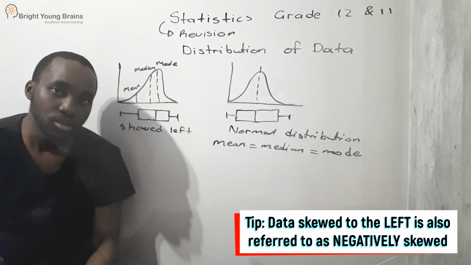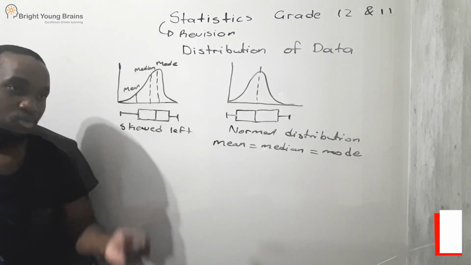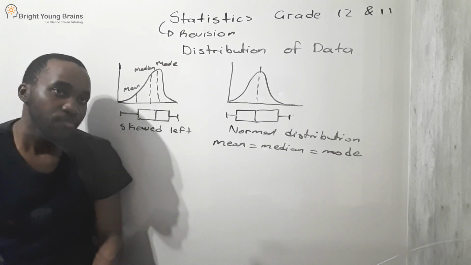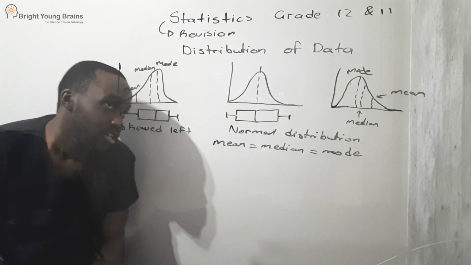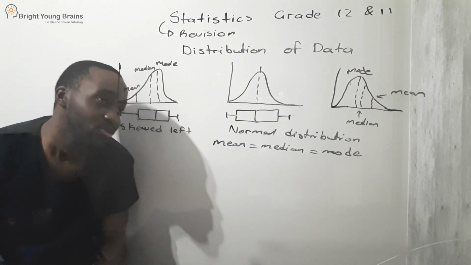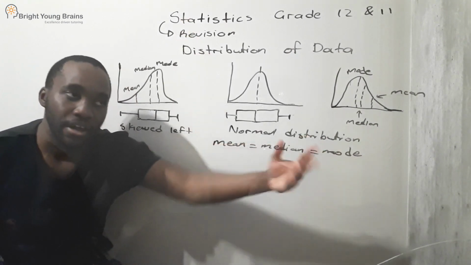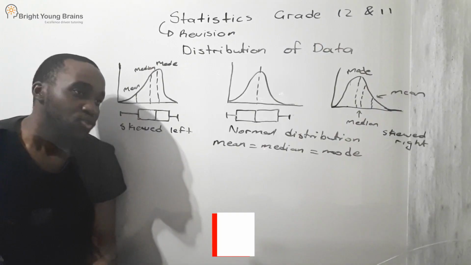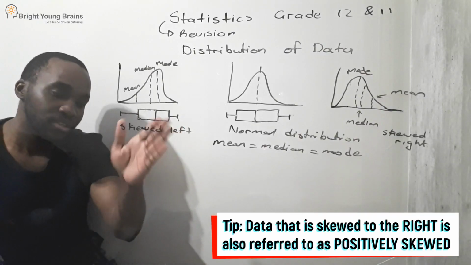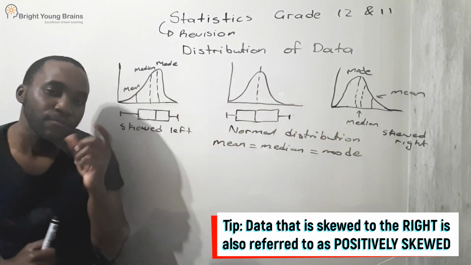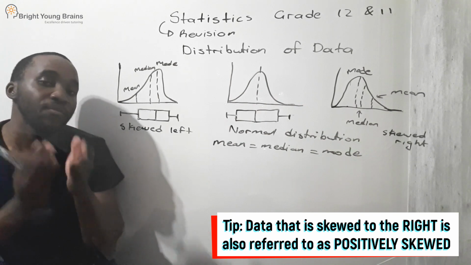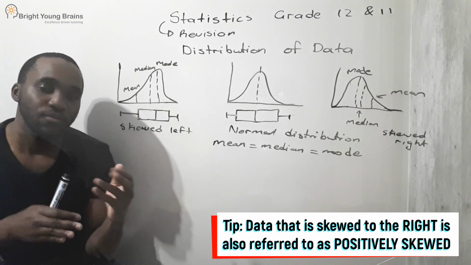So to make better sense of data that is skewed to the left, we can just draw a diagram to represent data that is skewed to the right. It's something like that. So data where you see that the tail is going to the right, that is skewed right. So obviously with skewed to the left data or skewed to the right data, you also have a mini formula that you can always use to verify